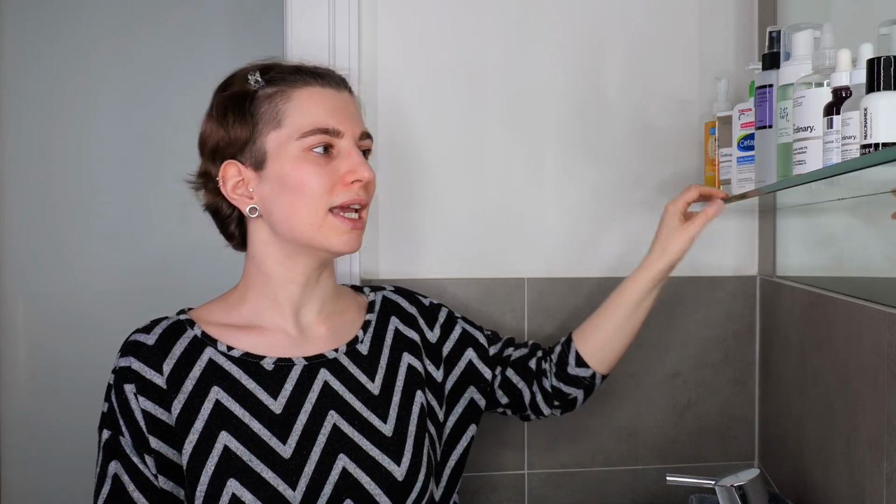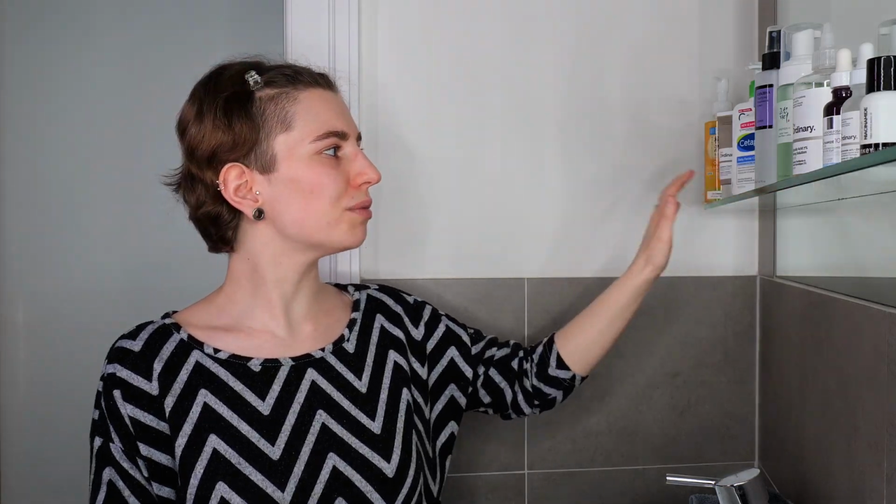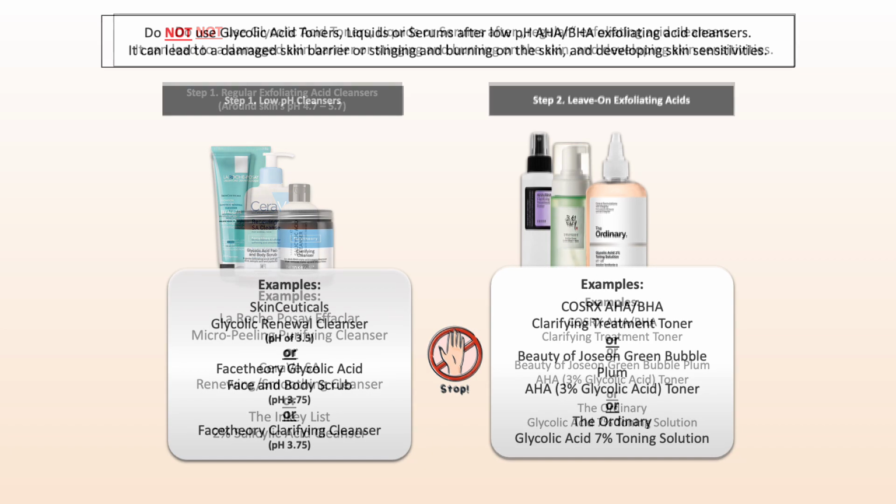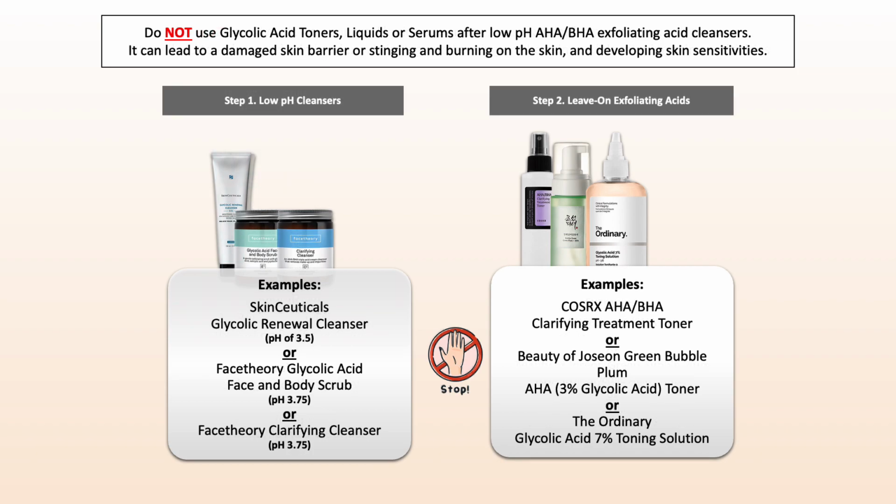And the most important step when getting started, where I believe most of you are making mistakes as well, is your cleansing step. Not only should you choose the right cleanser, but the step after cleansing, before applying your glycolic acid product to the skin, is essential as well. So when it comes to the cleansing step, make sure that you're choosing the right cleanser. First of all, work with non-exfoliating acid cleansers. So avoid cleansers containing salicylic acid, glycolic acid, or lactic acid, like in general AHA or BHA,